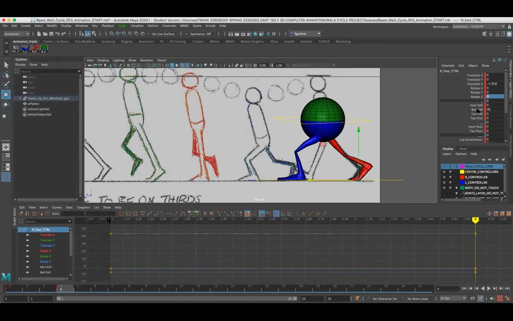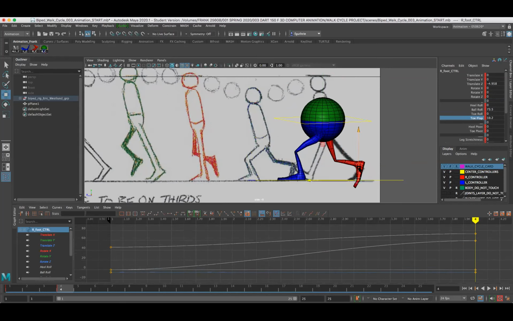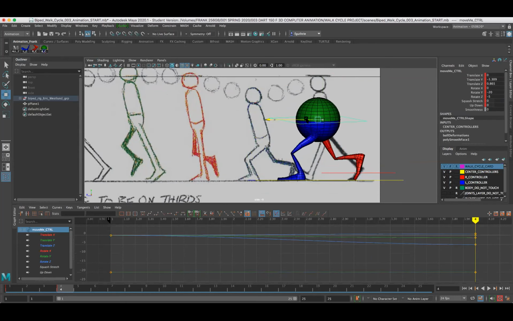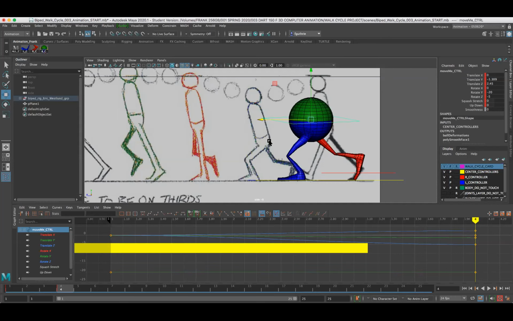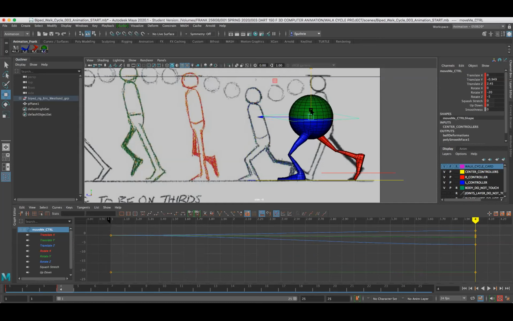Right foot controller. This was the ball. I want to move the ball like this. The toe flop, I want it to be straight, and then I'm going to give it a little bit of a bend. Then I'm going to select it and move it up, W. This guy's going to move forward, trying to match these guys. Look at your negative space, guys. All right, now the rotation is going to be -10 on the Y,